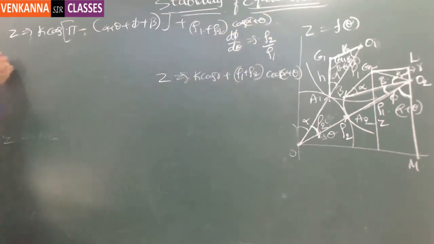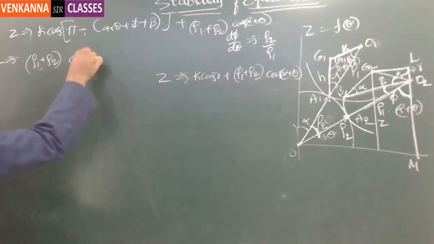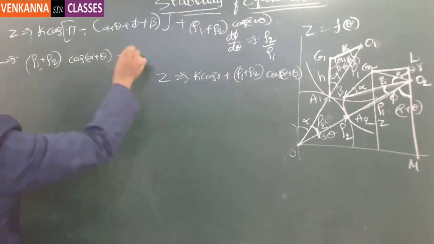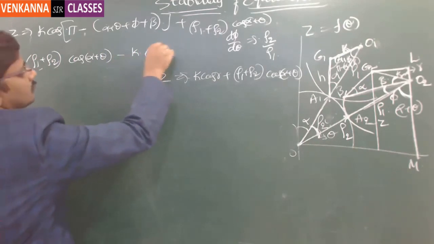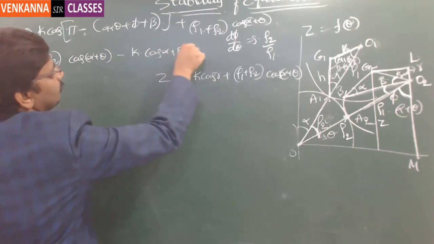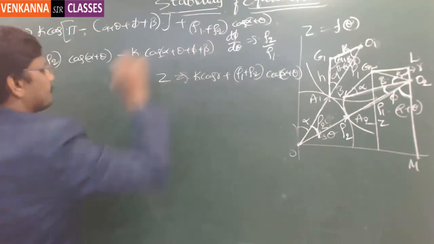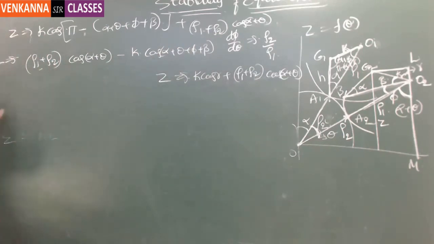Now further simplification of this. Cos(180 minus theta) is minus cos theta. So z is (rho 1 plus rho 2) times cos(alpha plus theta) minus k times cos(alpha plus theta plus phi plus beta). Now if you take the derivative of it with respect to theta,